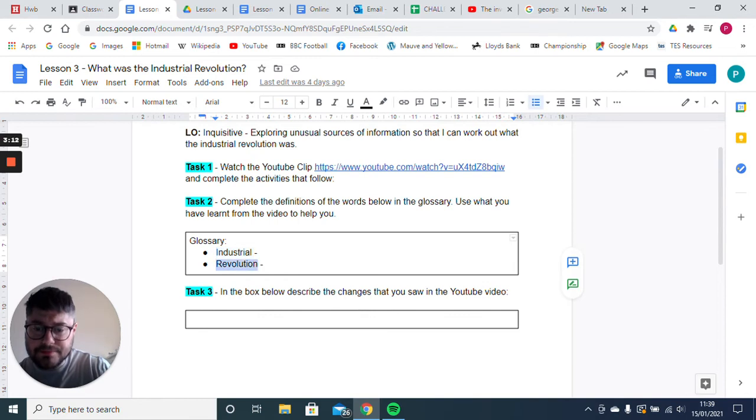And revolution: I had a good conversation with the people on Google Classroom about what that word actually meant. Strictly speaking, a revolution is something turning, like a wheel revolves. But in this context, it means something changes, and changes dramatically. It's not just a small change, it is a massive change. So the Industrial Revolution is all about this time when people went from the farms to the cities to work in factories, and that was the massive change that took place.